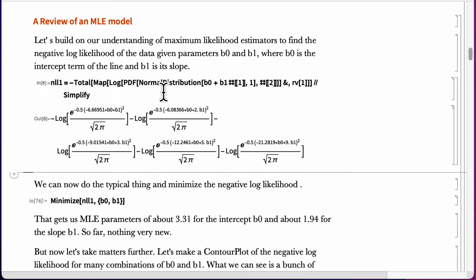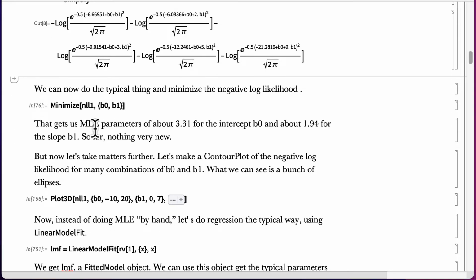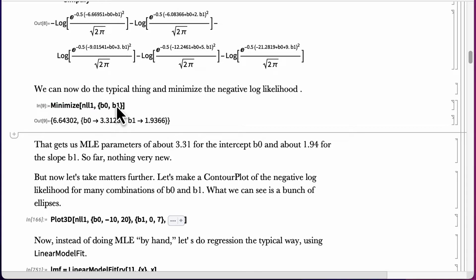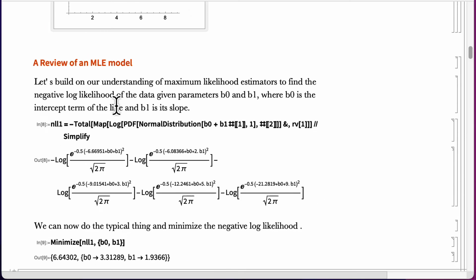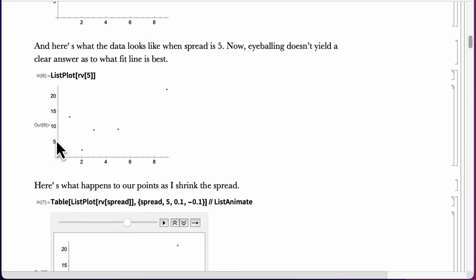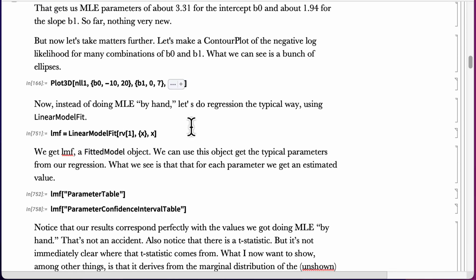And we get a complicated expression, but really it just has b0s and b1s, and so we can ask Mr. Wolfram if he wouldn't mind minimizing the negative log likelihood for the parameters b0 and b1. And when we do that, we get a value for b0, the intercept term, at 3.31, and a value of the slope of about 1.93. So something like that. In any event,